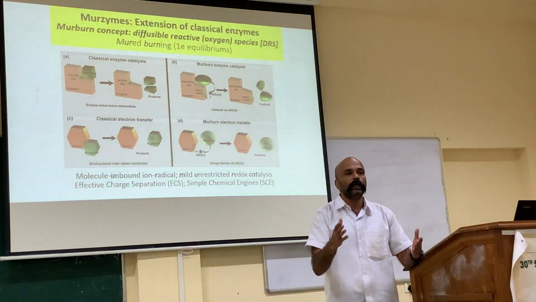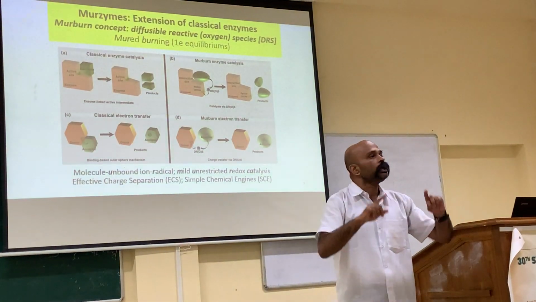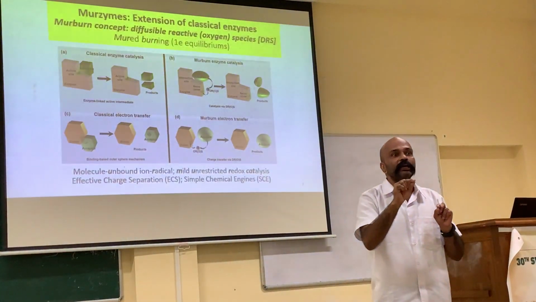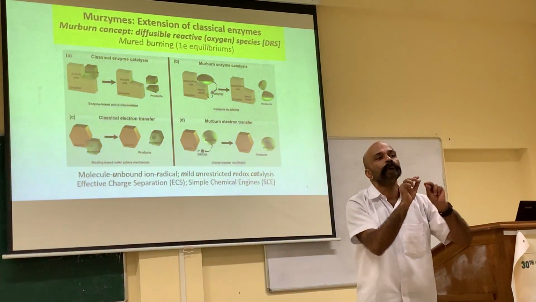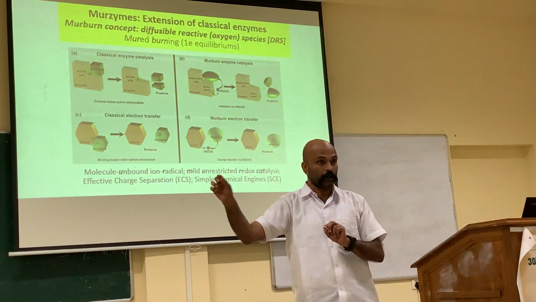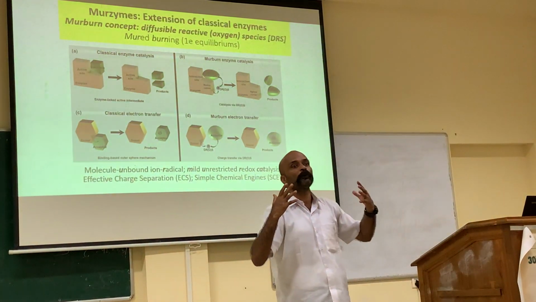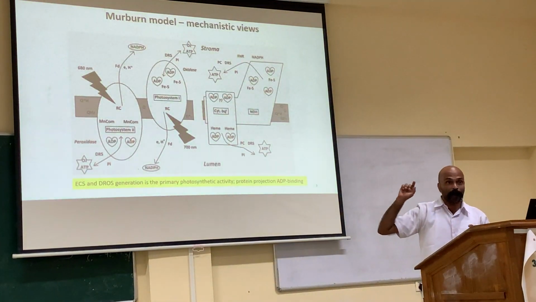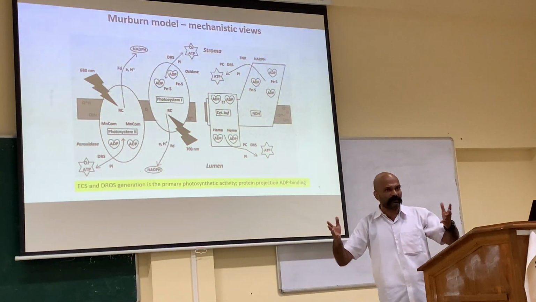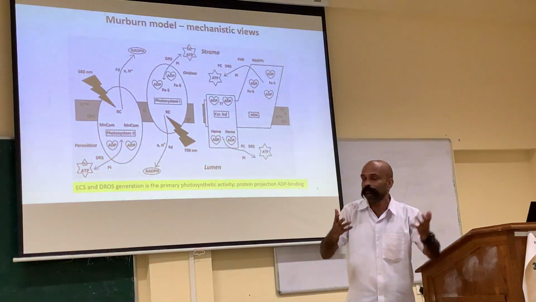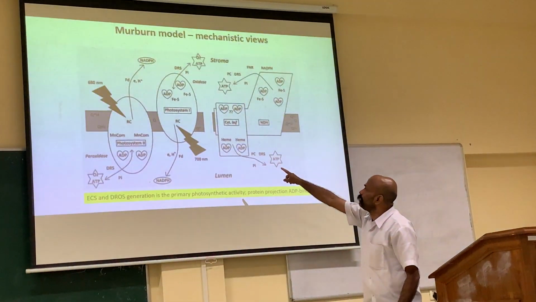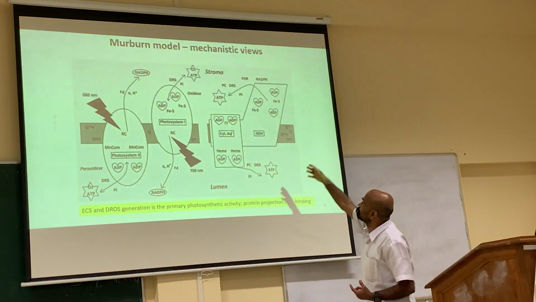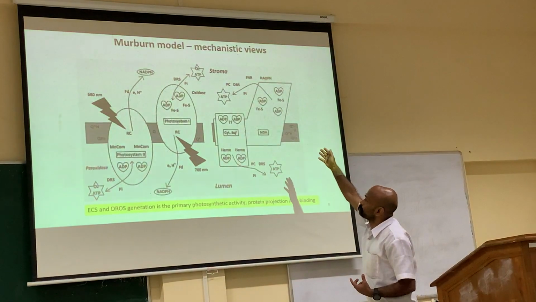Let's imagine that there are some enzymes that work with diffusible reactive species. For example, oxygen can get reduced to superoxide and they can move electrons from one point to another. You don't need deterministic electron transport chains. So now you must remember that photosynthesis is done in the presence of light. Chloroplast cannot avoid oxygen. So here in my theory, you have all these photosystem, cytochrome b6f, NDH, NADPH dehydrogenase, all